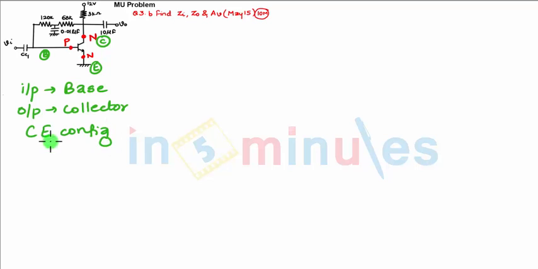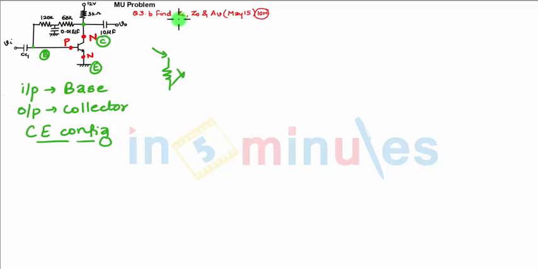Is RE present in the circuit? We are not able to see any resistance in the emitter, so it is without RE. Which type of biasing can you say? We have studied different types of biasing. Here, part of the output, from collector to base, is fed to the input, so it is collector to base biasing, the basic type. You need not identify it, that is also fine, but since it is seen from the circuit, I am telling you that it is collector to base biasing.